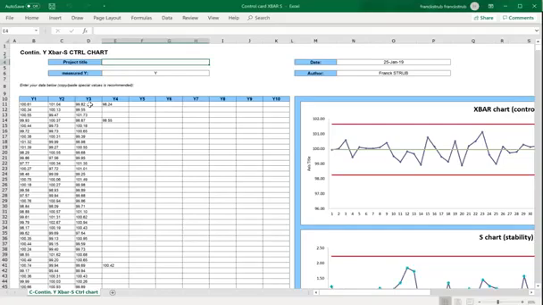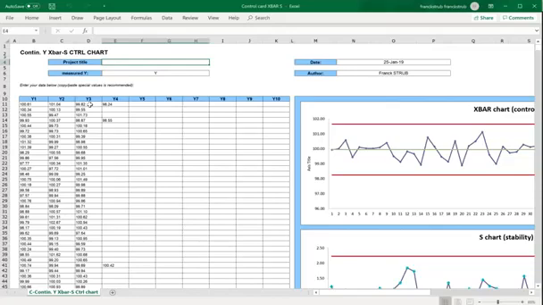With this tutorial, I want to show you how to build a control card for a continuous while in your TMake project when you are in control phase with what we call an X bar S chart. X bar means mean or average of data sets that you collect over time, and with them you will compute X bars, and S is like sigma, meaning standard deviation.